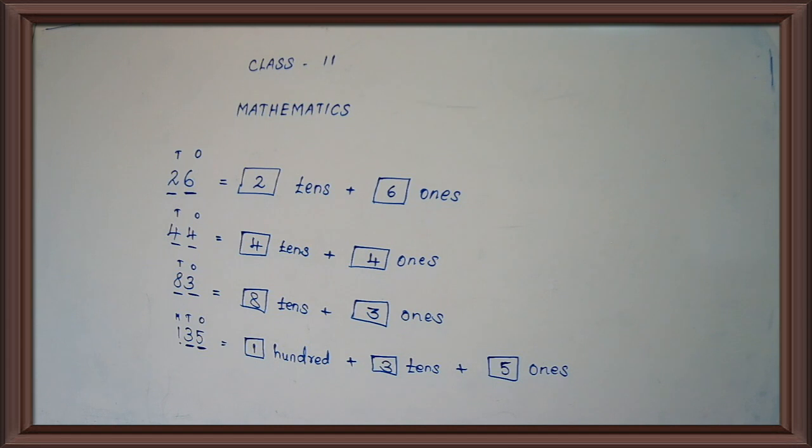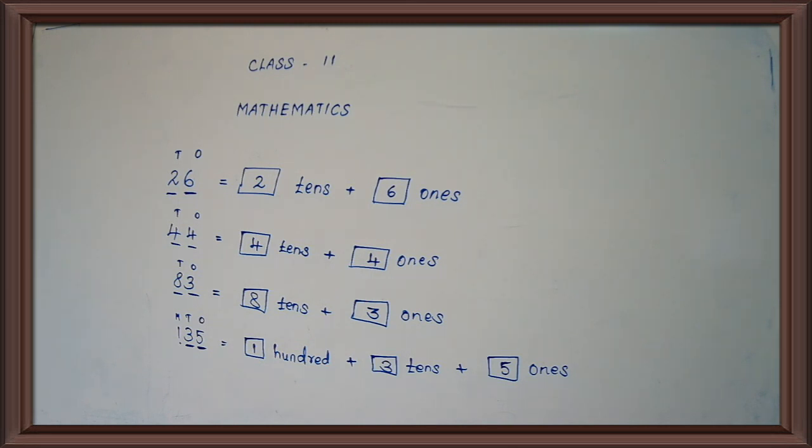83. 83 means tens plus ones, O-N-E-S, ones. Okay. Now you mark ones. This one tens. How many ones? First of all, you want to start with the ones column. Okay. Don't write here. First you complete the ones, next tens, next 100, then 1000. Okay children. How many ones are here? 3. Yes. This is the ones place. How many ones? 3 ones. How many tens? 8 tens.